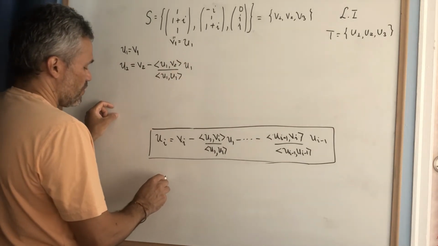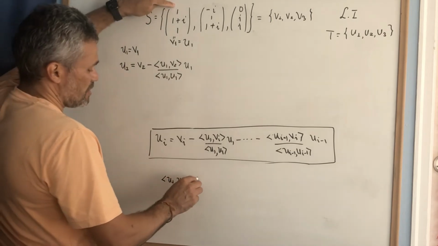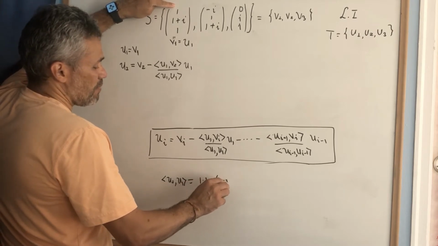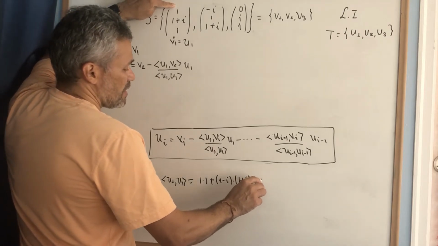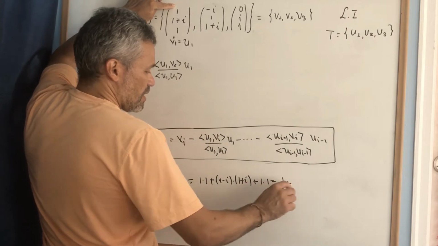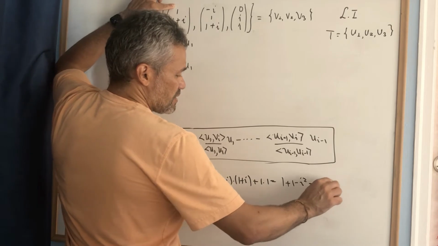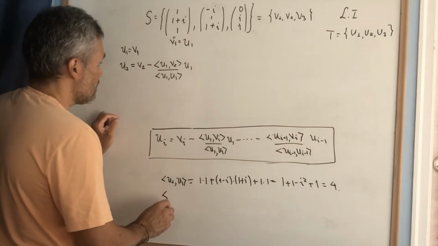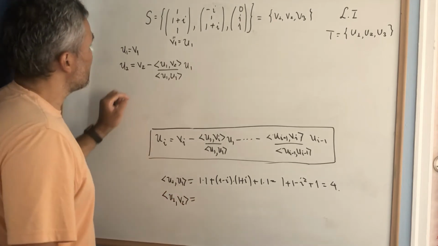What is ⟨U1, U1⟩? It is 1 times 1, plus (1 minus i) times (1 plus i), plus 1 times 1, which is 1 plus the square of the modulus of 1 minus i, plus 1, and this is equal to 4. And then ⟨U1, B2⟩, where this is B2 and this is U1,